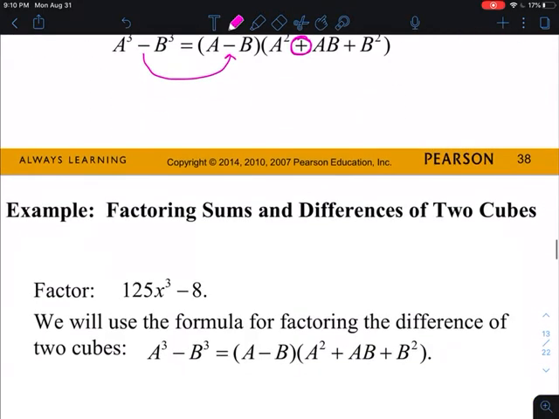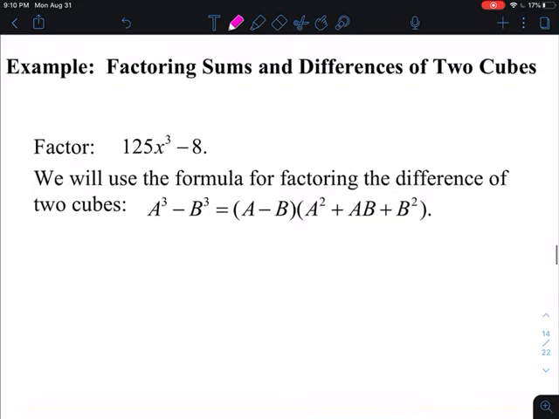So let's see what we got. If I have to factor 125x cubed minus 8, the first thing I want to figure out is what times itself 3 times is 125x to the third. Well, 125, let's see, 5 times 5 is 25. 25 times 5 is 125. That means that this is 5x to the third power, which is that a value is going to be